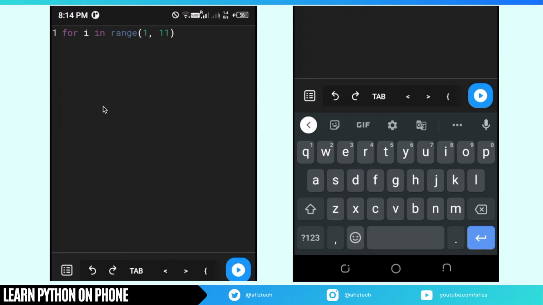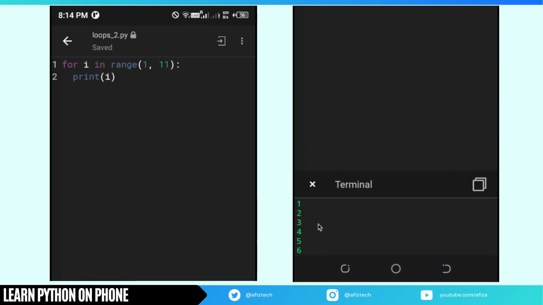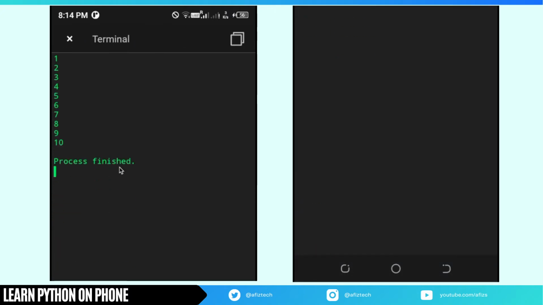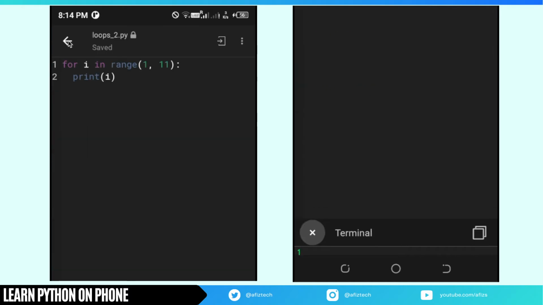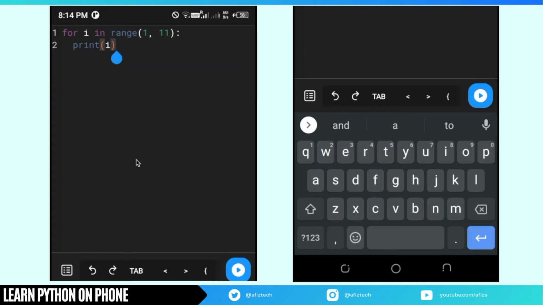What will happen here? This range function will generate the numbers starting from 1 to 10. Let's print out those values and now run this program. See here, we got 1 to 10 as an output. Okay, now I don't want simply 1 to 10. Instead of that, I want to print